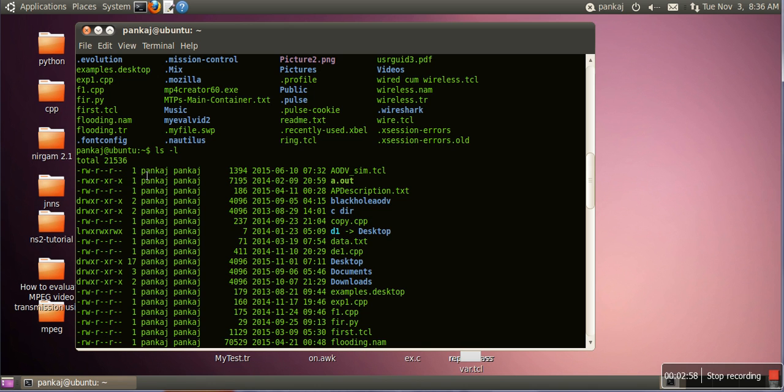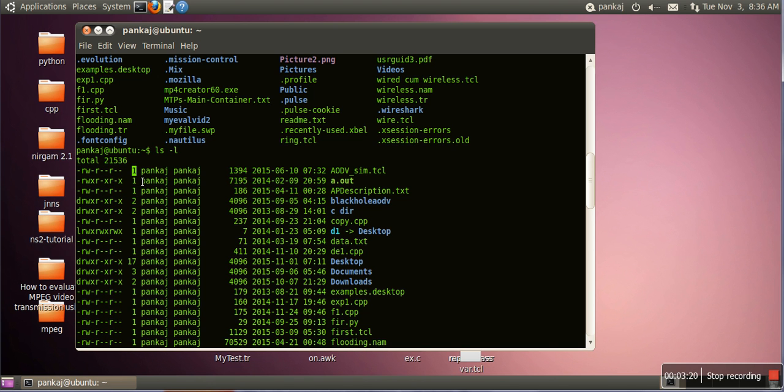So these are all the information in detail. This is the number of links, number of other links like soft link. If there is any shortcut made for this file, those number will be shown here.